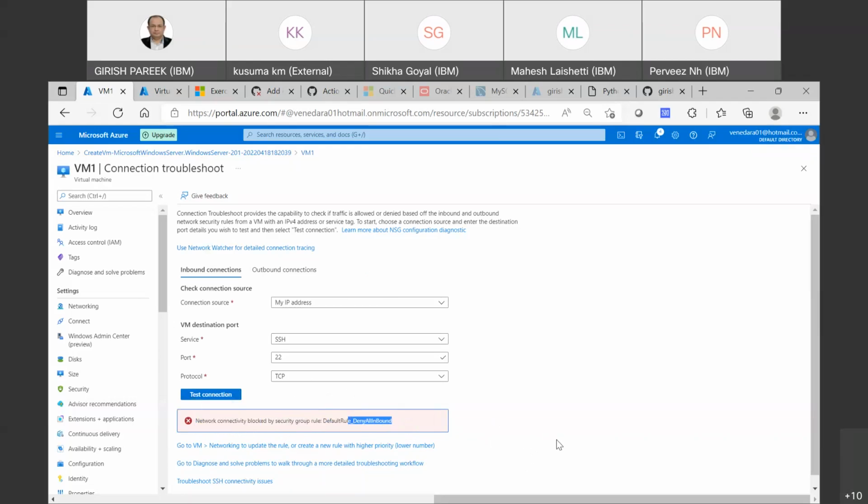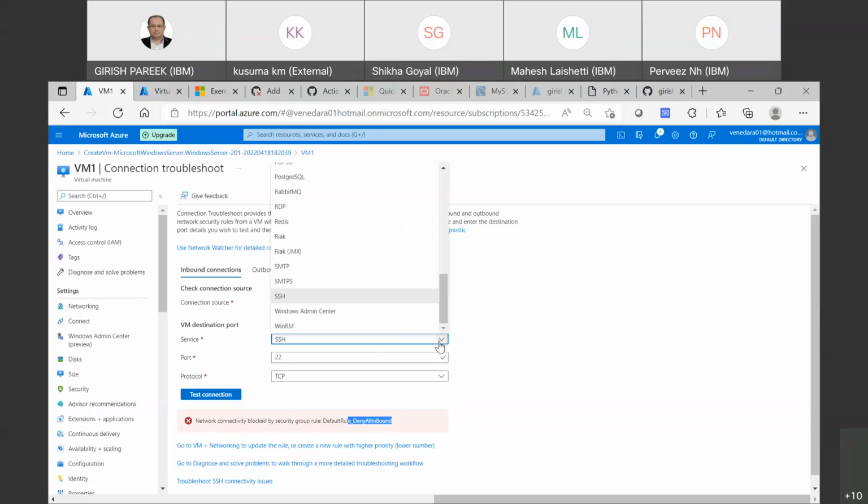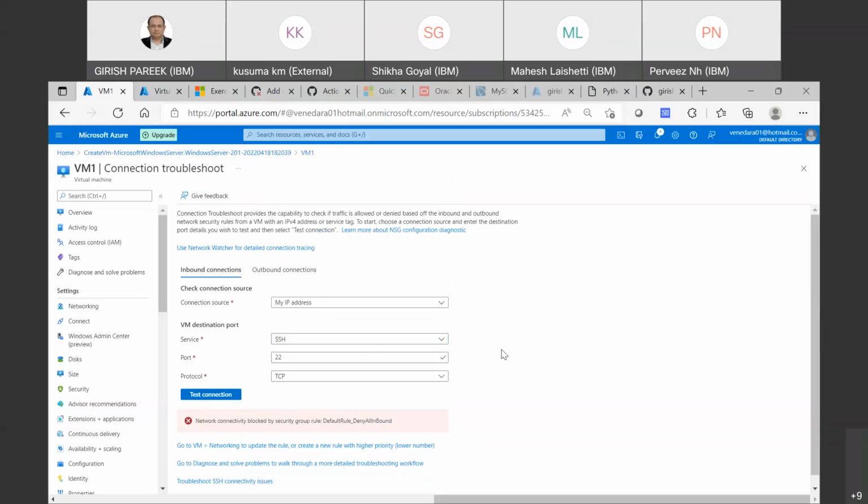Because of your security group, you are not able to connect with the machine, and we will see later how you will be able to resolve it. But now you can see that your machine is up, your machine is good, and you will be able to connect to it, but your security group is not allowing you right now. Okay,